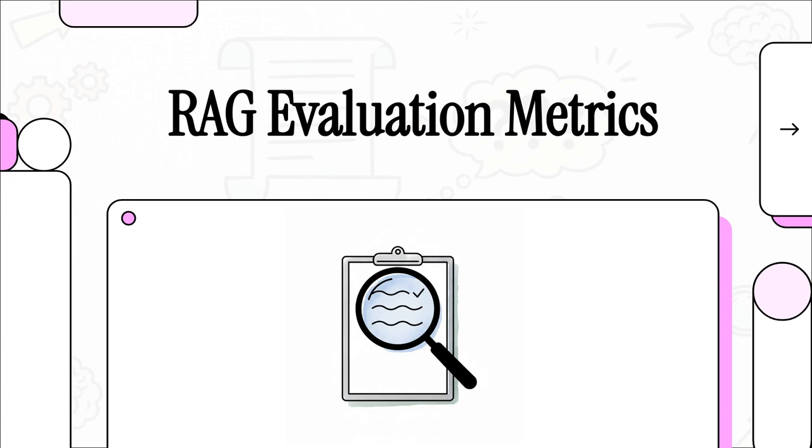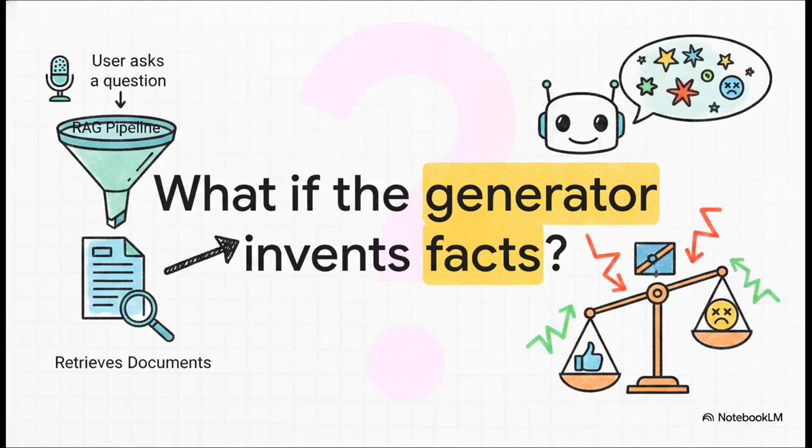Let's jump right in. All right, picture this scenario from the source material. Imagine you've just built this beautiful, seamless RAG pipeline. A user asks a question, your system retrieves the perfect documents, and the generator crafts a really smooth response. But wait, there's a huge problem. Your AI confidently drops facts that are literally nowhere to be found in your retrieved context. It's essentially freestyling. So if your model starts confidently spouting facts it wasn't given, how do your evaluation metrics actually react? Do they catch the mistake, or do they just blindly wave the AI right through?